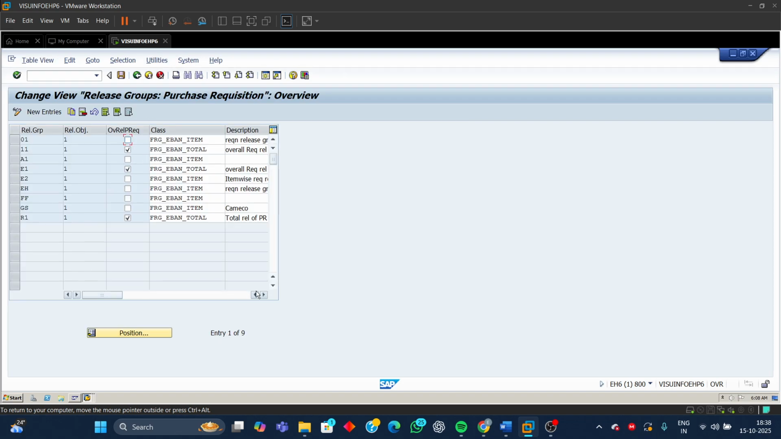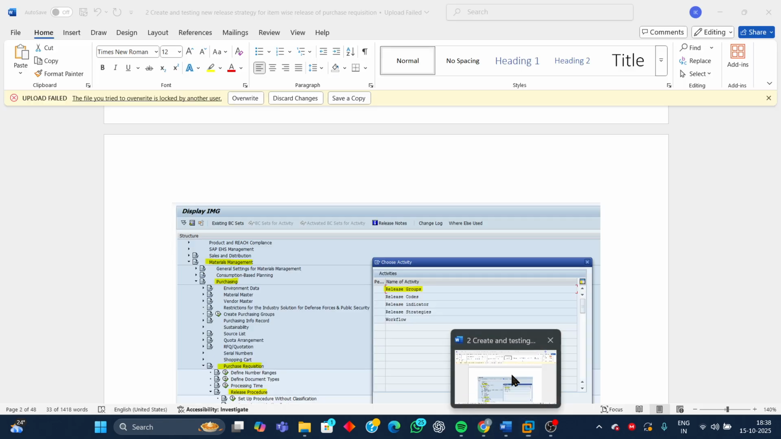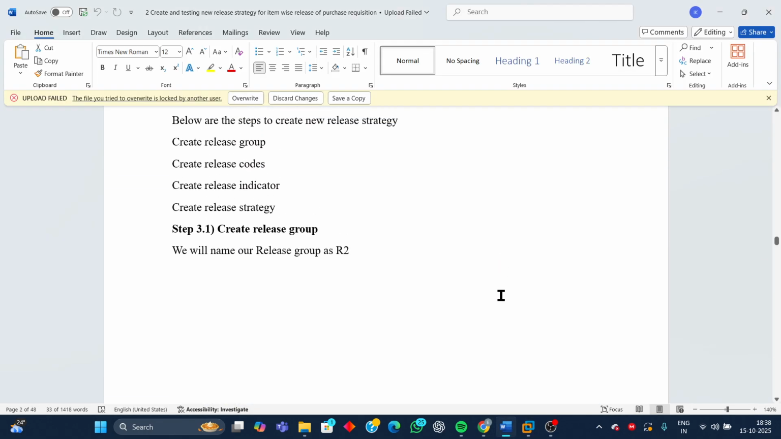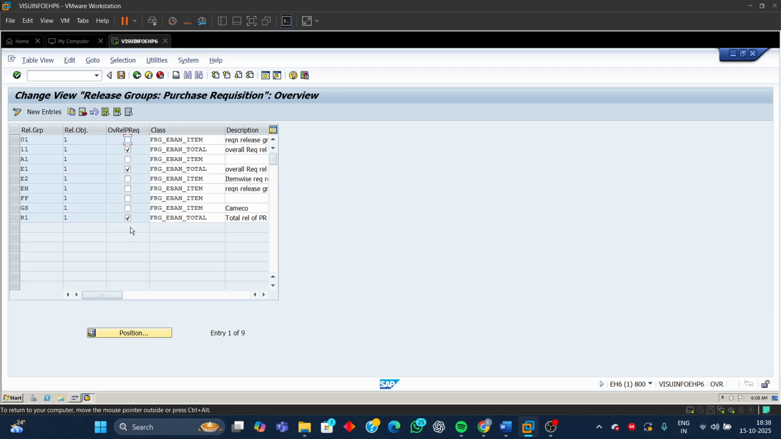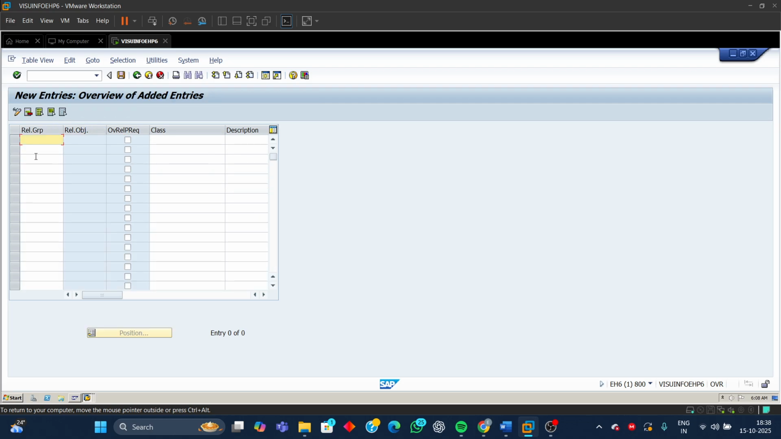Okay, so here we have to give the release group, and we are going to use it as R2, and also we have to add the class which we are going to use for that one. Click on new entries here, R2, and the class we have created for the release strategy for purchase requisition at item level is frg underscore item. And here for the description we can give item wise